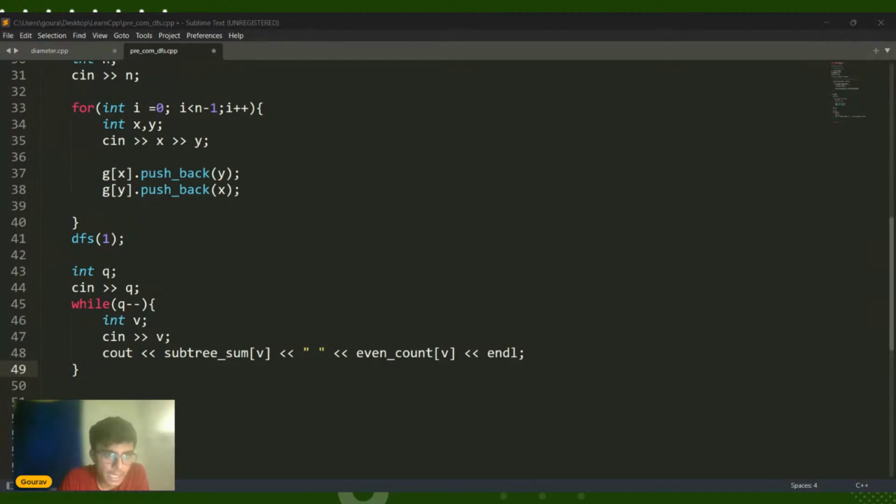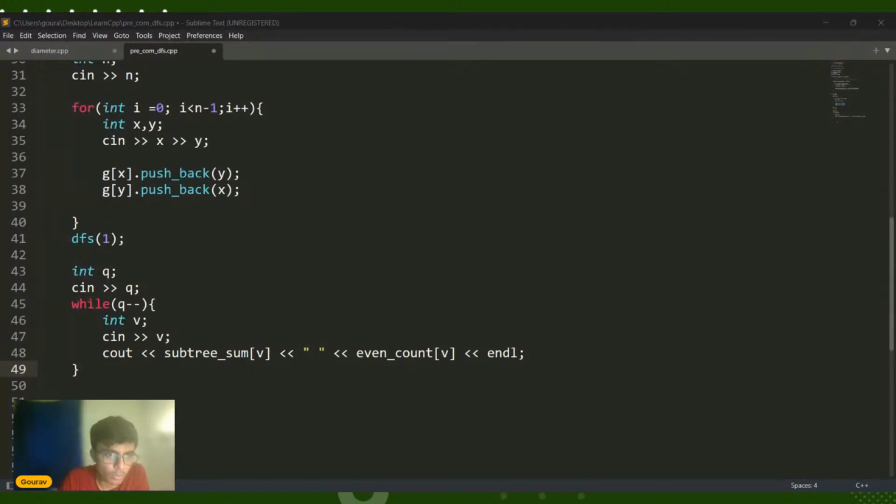All the leaf nodes. So the idea is that the value of the subtree sum for all the leaf nodes will be 1, and once you are progressing to the upper side of the tree, basically what happens is you just keep on adding 1 to every node as you are progressing upside.